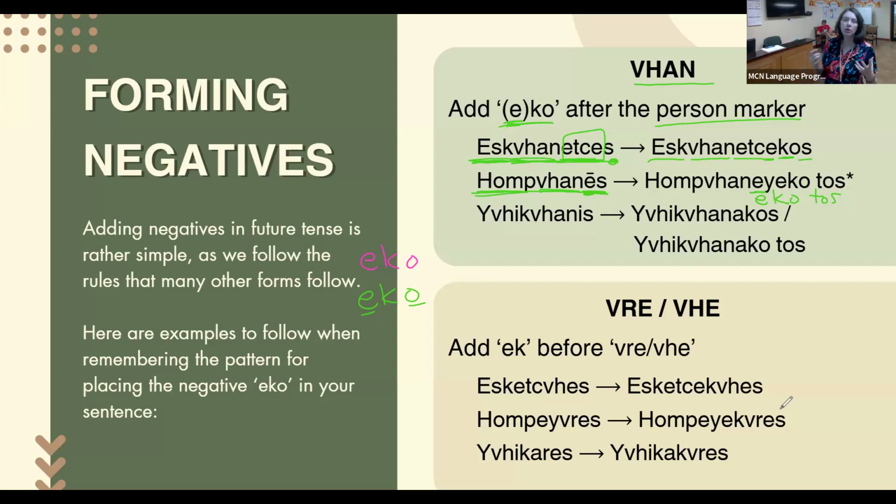And then because we need to emphasize that E, you can hold it longer and emphasize it. And then I added dos because we can use dos on these negatives. It's pretty common. So for this first one, I did not add dos. For the second one, I added dos. And for the third one, you get an example of both. So hombahani godos or hombahani godos